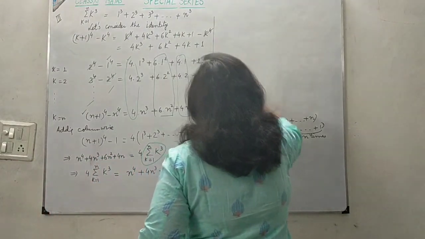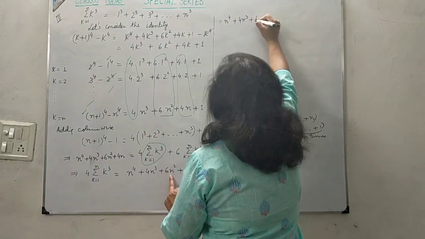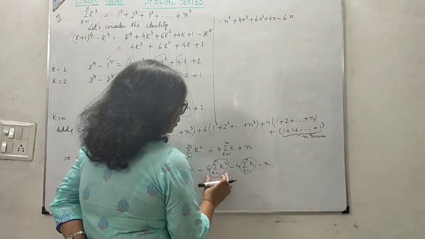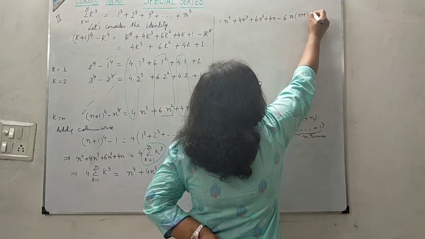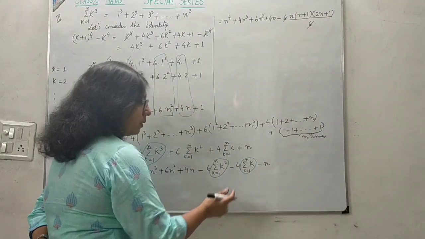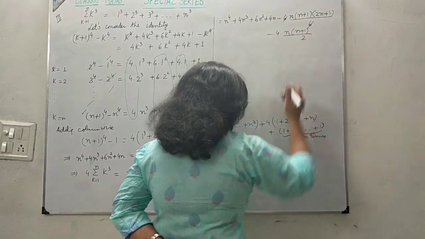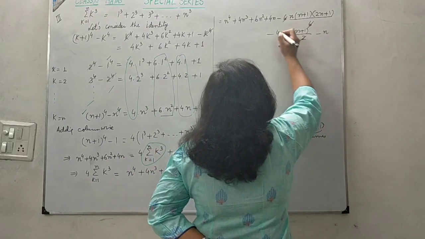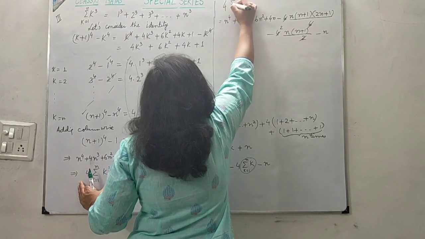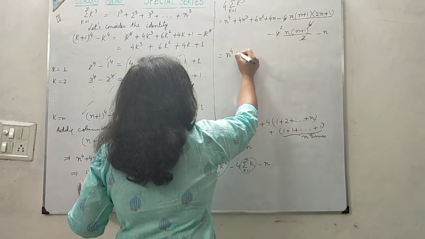what will I get? I will get on the right side n to the power 4 plus 4n cube plus 6n square plus 4n. This is minus 6 into n into (n+1) into (2n+1) by 6. In the previous lecture we have learned this. Then minus 4 into n(n+1) by 2, and the last one is minus n. This is getting cancelled with this, and this is 4 times sigma k cube, k running from 1 to n. Now if I simplify this expression,